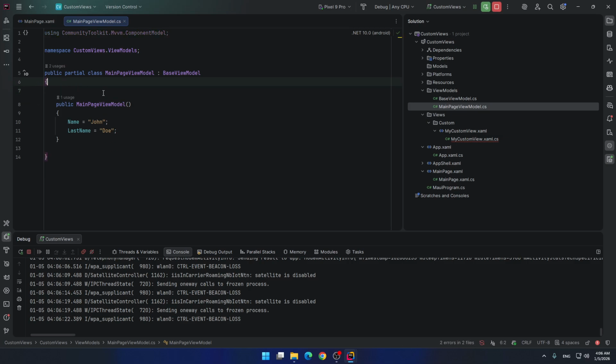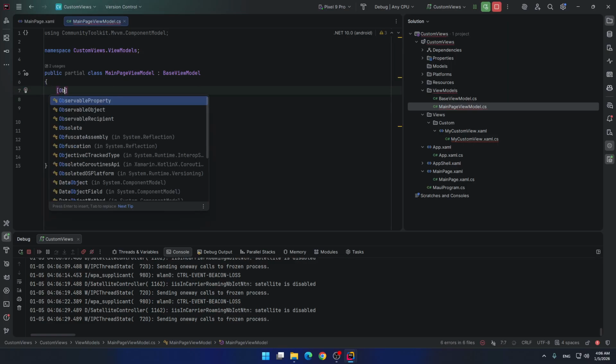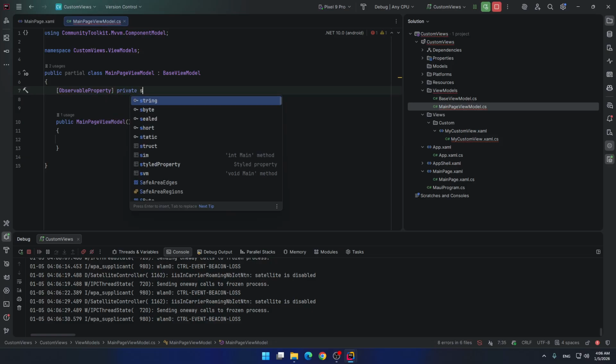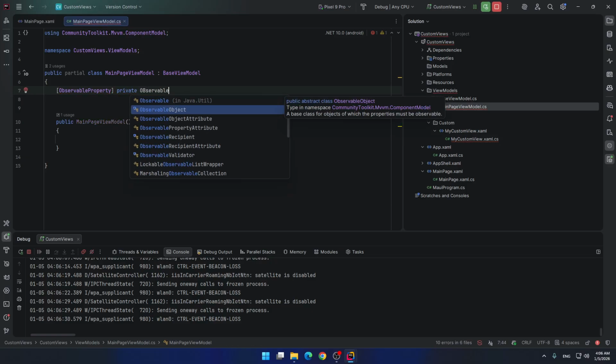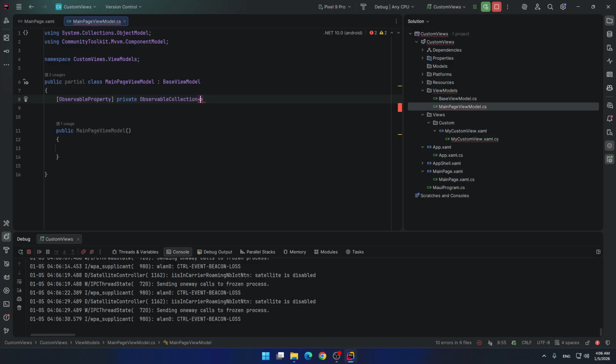Let's delete this. Let's create observable property, private observable collection of user class, and give it names users.